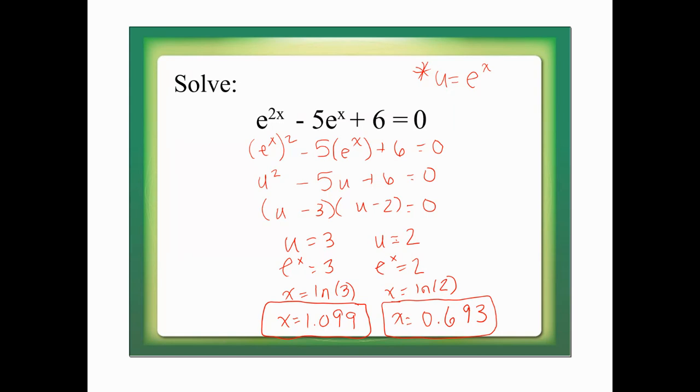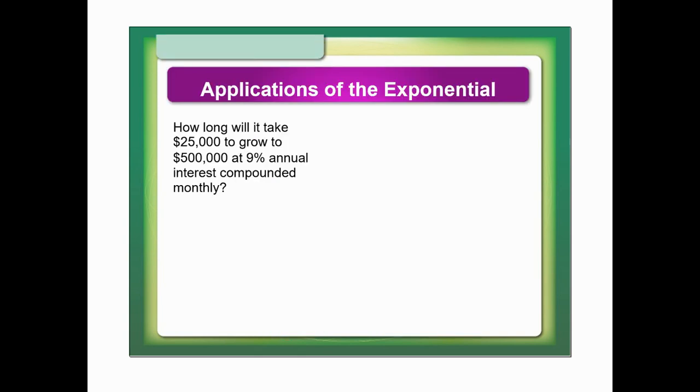All right, last problem. Applications. How long will it take $25,000 to grow to $500,000 at 9% annual interest compounded monthly? So this goes back to our compound interest problems, where we take our principal, what our account balance starts with, times 1 plus your rate as a decimal over the number of times compounded, raised to the number of times compounded times t, equals the amount in your account. So we have